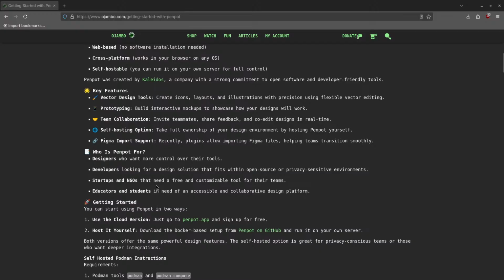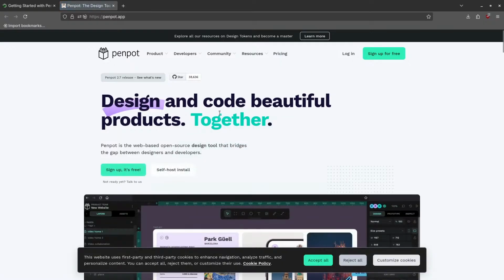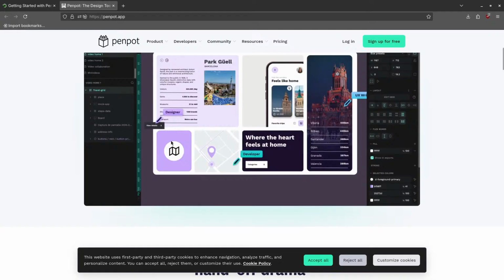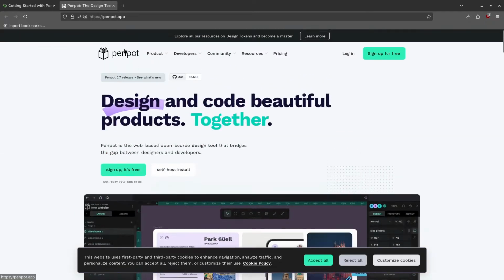And you can get started. There's a cloud version. You go to penpot.app. So for example, if I click this one here, you see it goes to penpot.app, and then you can sign up here. You see this is what it actually looks like when it's installed. You can have your own tools, etc. And then